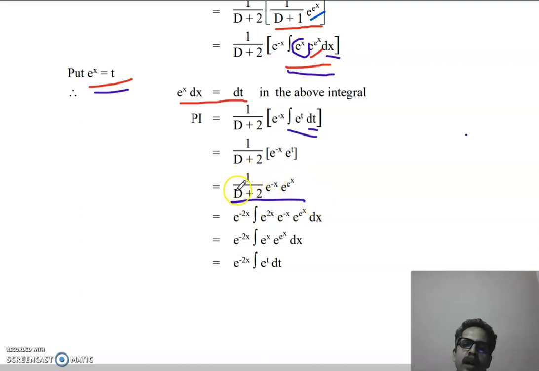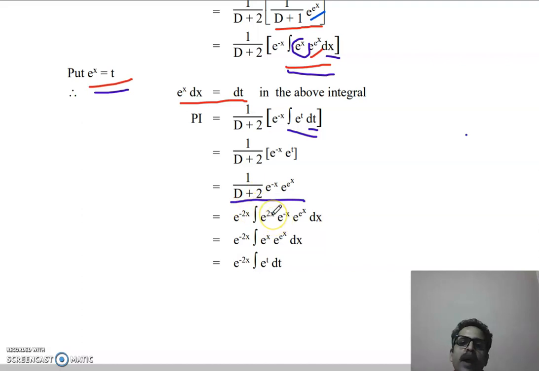So this right hand side has a type 1 over D minus alpha acting on capital F of x. The operator 1 over D minus alpha acts on this function, and you take this function as capital F of x. So you understand that here alpha is minus 2 and this function stands for the given f of x. So apply the same formula, you will find here e raised to alpha x, where alpha is minus 2 for the problem.